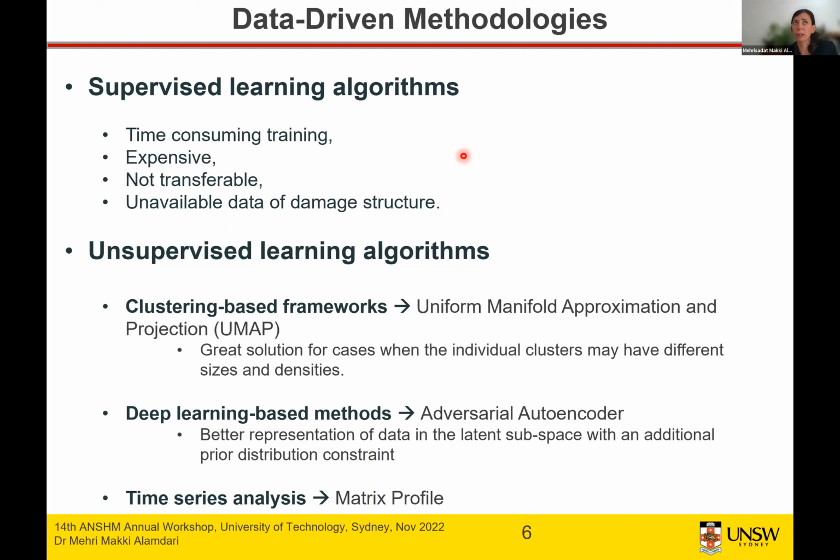But then we realized that in order to apply clustering-based frameworks, it is required that you have access to a response of the structure, response of the vehicle from multiple states, because most of the time these clustering algorithms aim to group the data based on their similarity in order to say that, look, these responses that I have collected correspond to 3 different clusters,